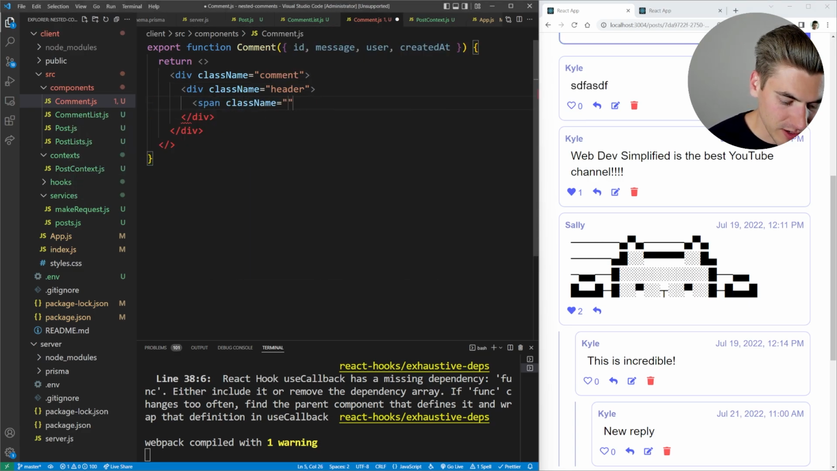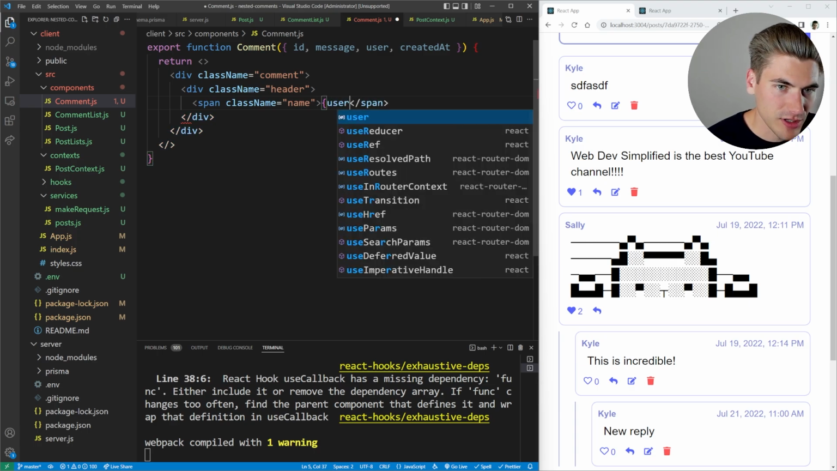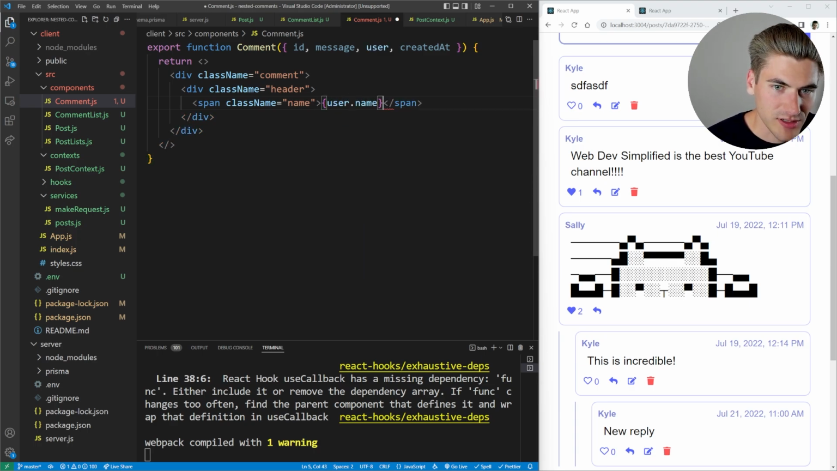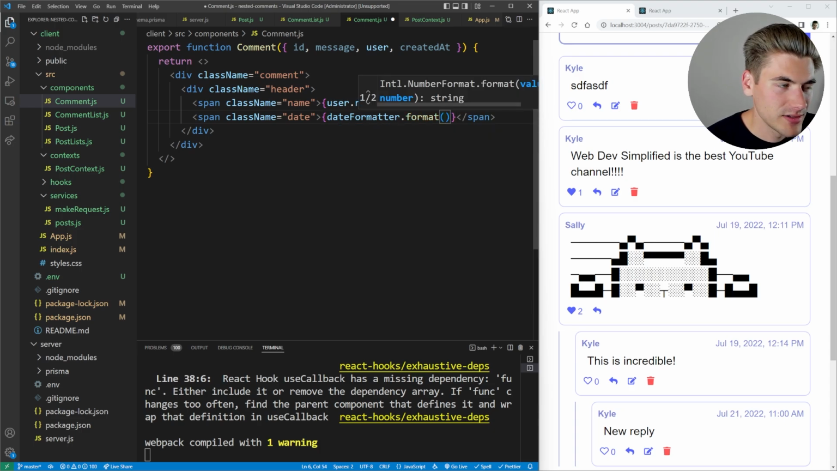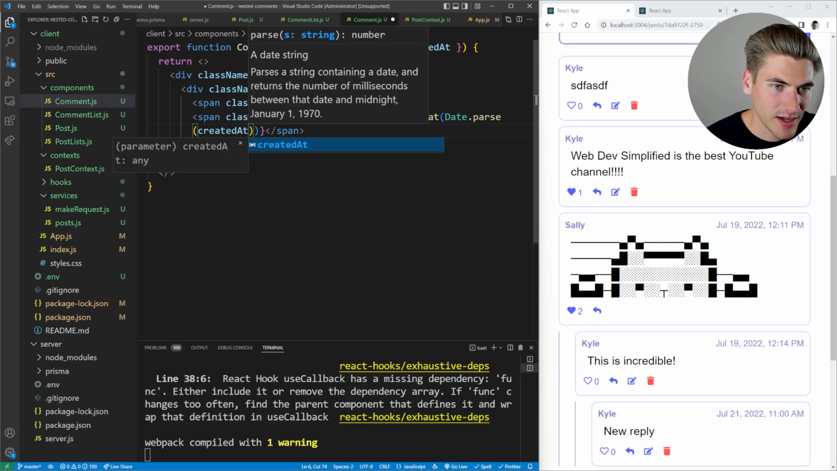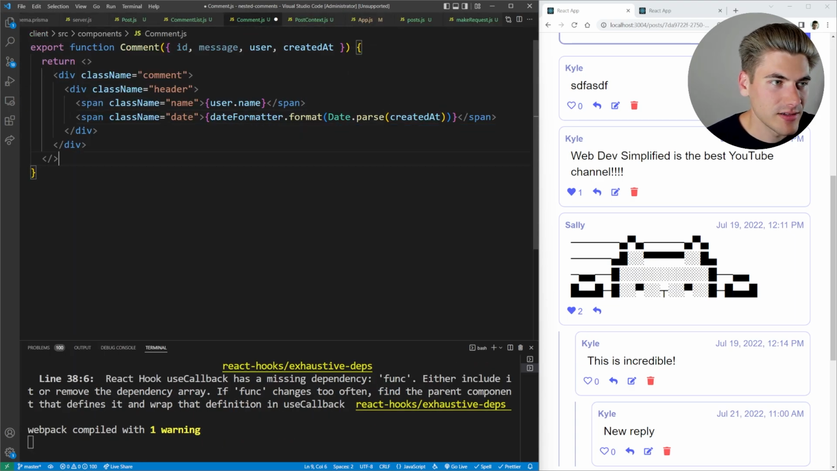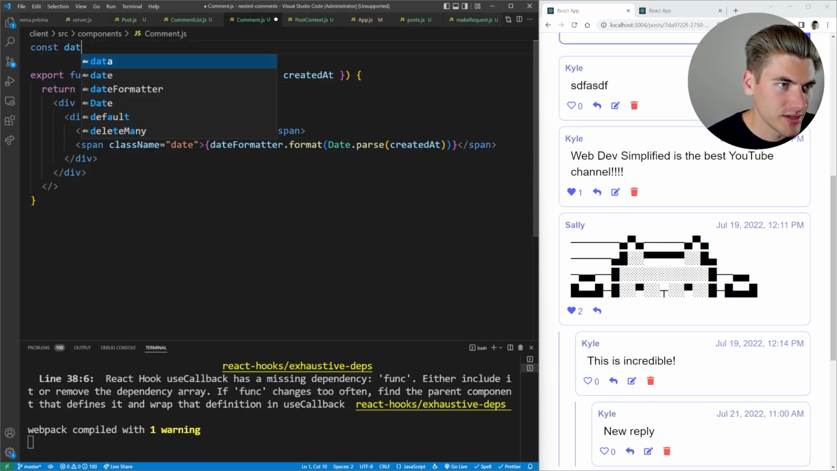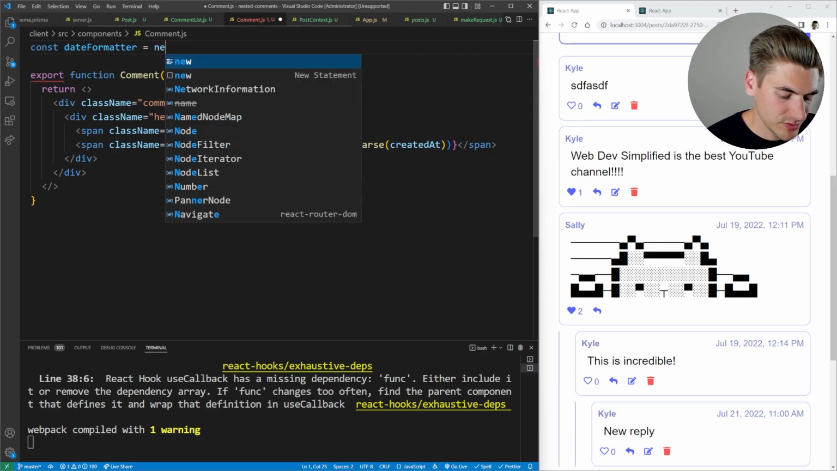One is going to be for the name of the user. So this is going to be user.name, just like that. And then we're going to have another one, and this is going to be our date. To render out our date, we're going to create something called a date formatter. And we're going to format a date, which is going to be date.parse, our created at time, just like that. And for our date formatter, we can just say date formatter is equal to new